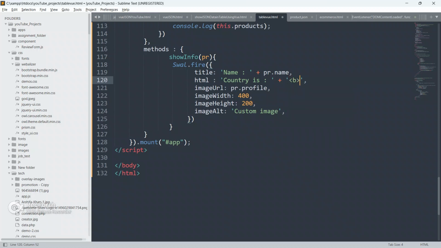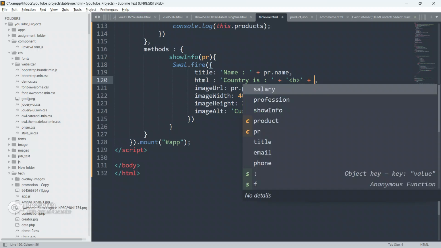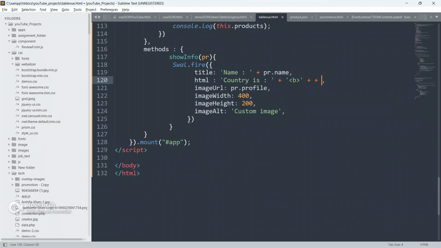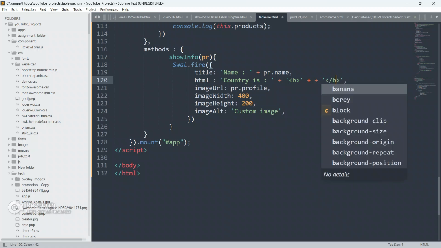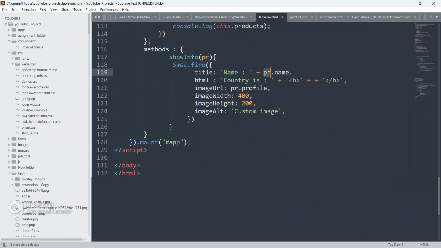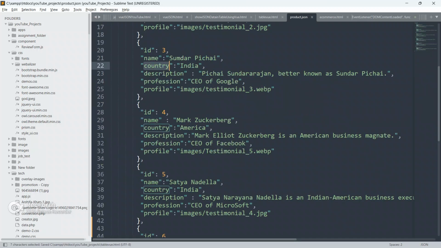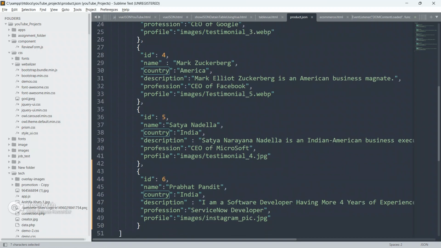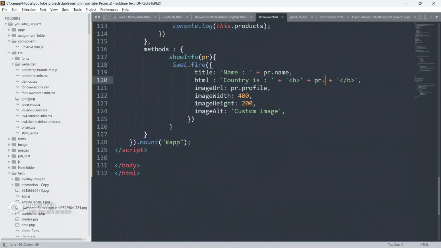I am going to put B for bold, close this, put B, and concatenate, put plus also, close this B first, and inside this we will do pr.country from here. Copy this country from here. It will say India, America, India, and India.